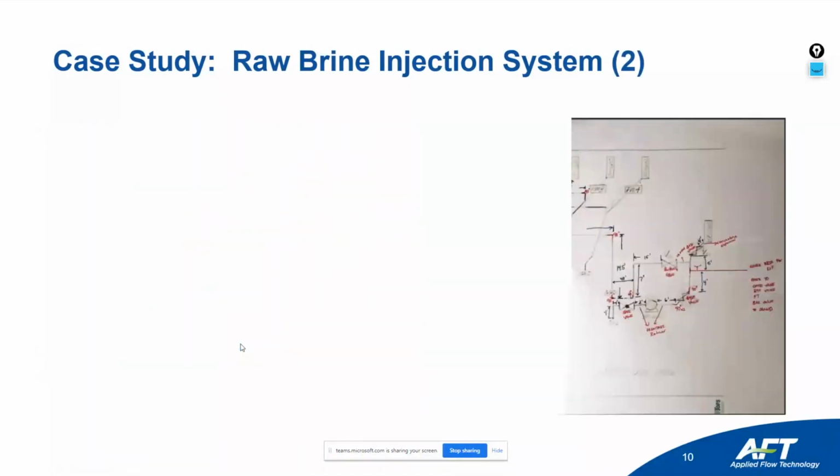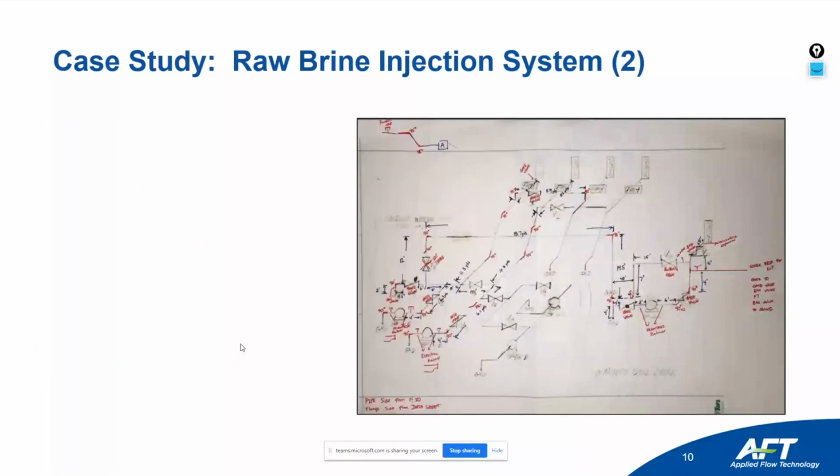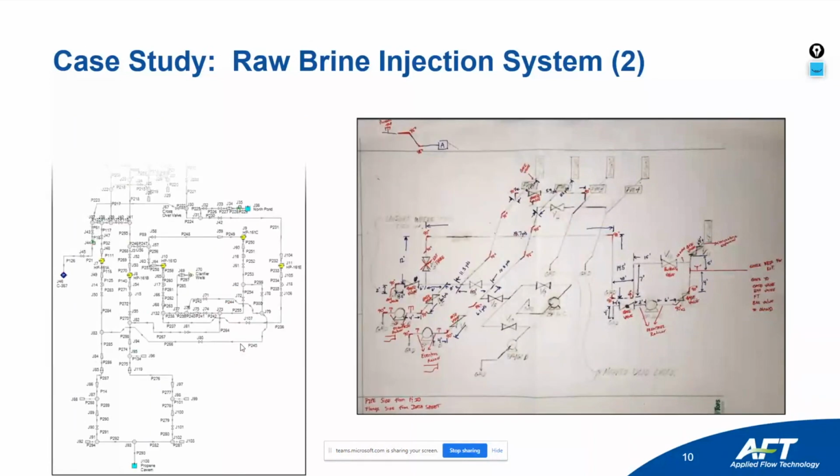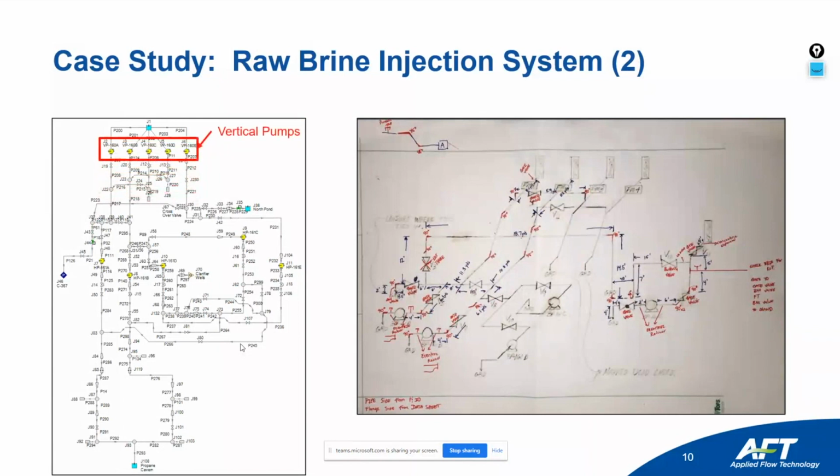And so this is a basic hand sketch of what their system looks like. And when they fully built everything out, this is their fully built model. So nice and complex, lots of branching and flow splits and loops. And again, their pumps are operating very far away from BEP. So the vertical pumps are the ones that were having the problems. Horizontal pumps, not so much. Those weren't really an issue.